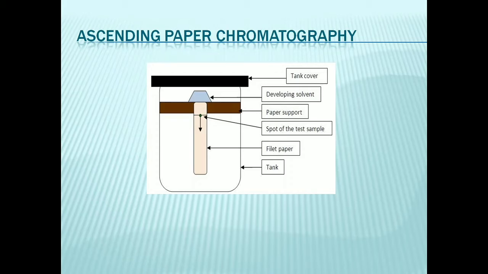As the solvent moves upwards, it brings about separation of components present in the sample. After the solvent rises to a sufficient height, the paper is taken out and the solvent front is immediately marked with a pencil, and the paper is dried by a hot air blower. The filter paper so obtained is called a chromatogram. There is a somewhat similar arrangement for other techniques as well.